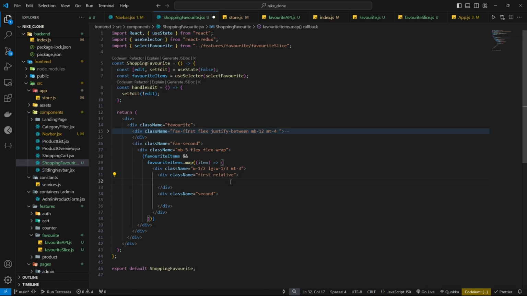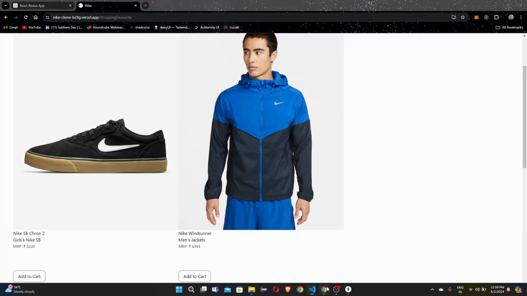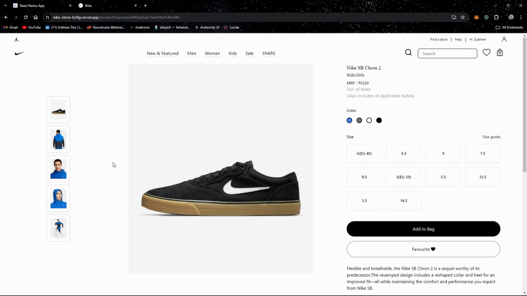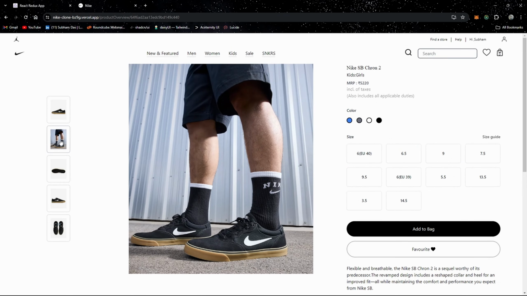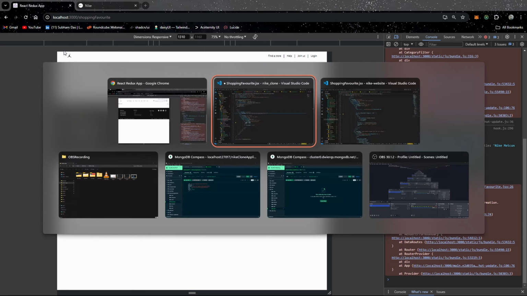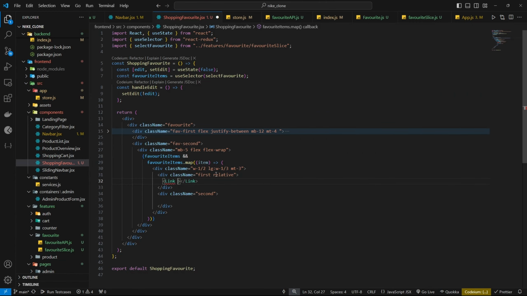But we also need to add a link so that whenever someone clicks on it, he can go to that product. Like if I want to see this product again, I can click on it and it is going to show me the product. Okay, something like this. So link to will be equal to like this, and then